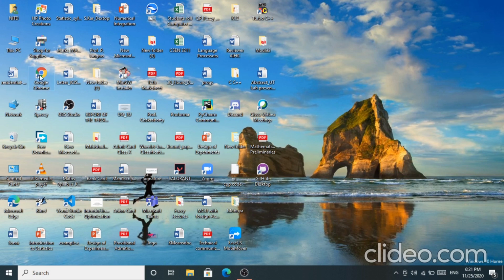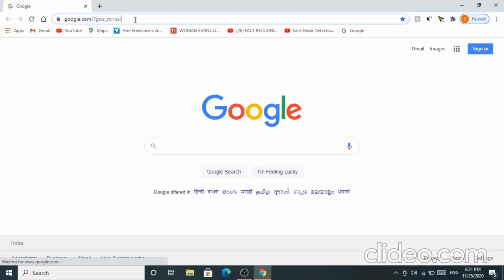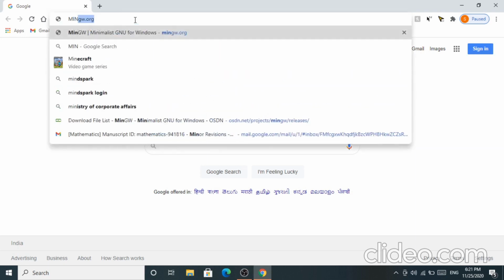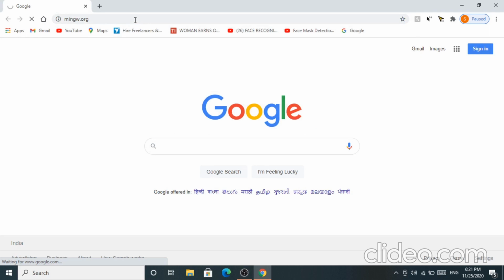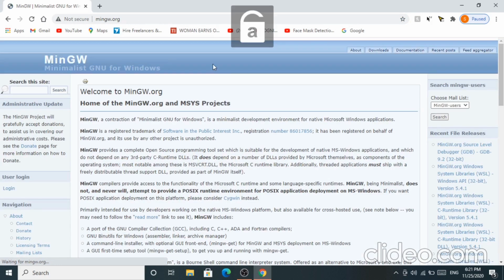To download the GCC compiler, you go to your respective browser and type in the URL space mingw.org. After you go to that website you will see the downloads button here. This is how the web browser looks. So you go to downloads